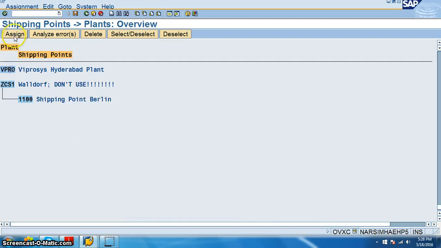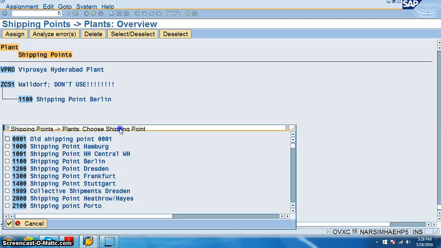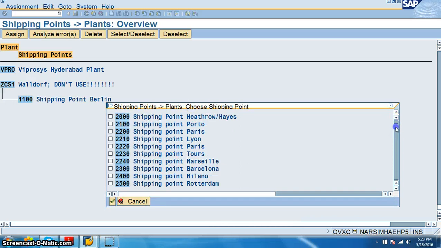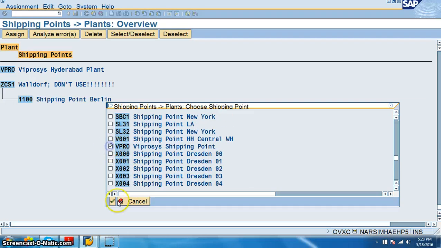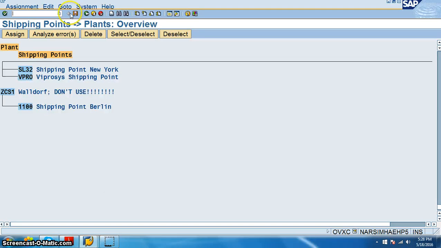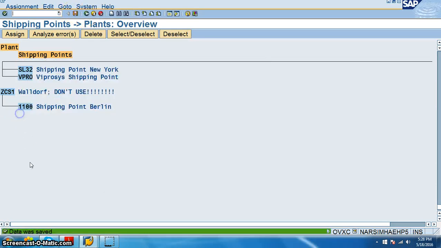No, we have not done shipping points. As of now we are assigning only one shipping point, which we have created, called VPRO. We select other ones too. Yeah, we have created two shipping points here. Back.